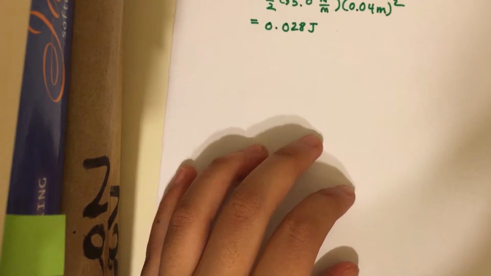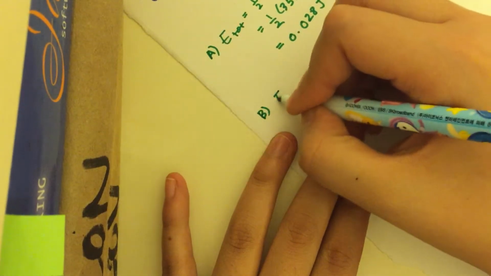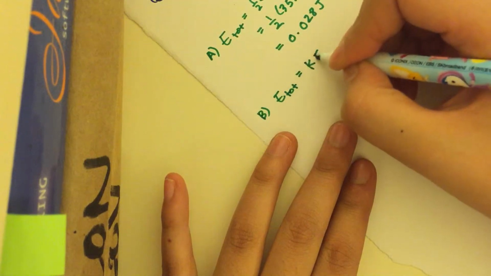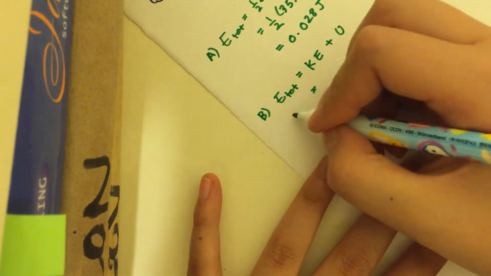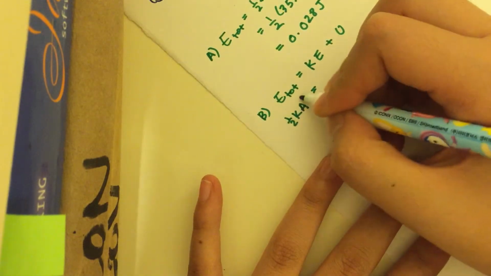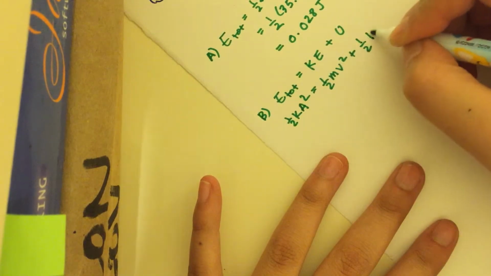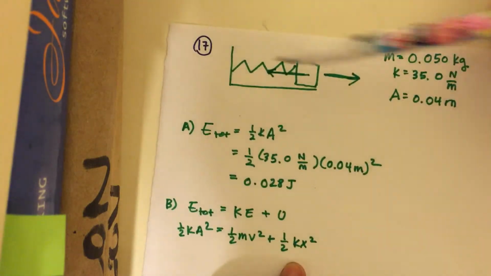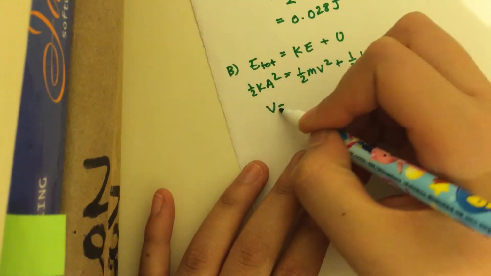In order to do this, you have to write energy total is equal to kinetic energy plus the potential energy. So half ka squared is equal to half mv squared plus half kx squared, and you have to use this because it's on a spring and it's moving back and forth like this. So then after you rearrange the variables, you should get